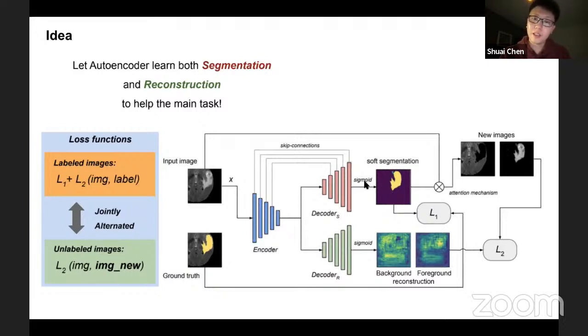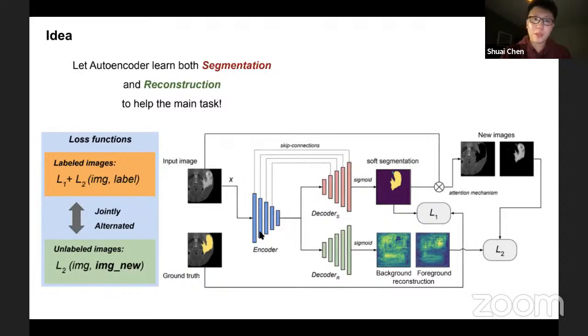For example, the reconstruction task tries to compress the images into a high-level space, and some features may conflict with the segmentation features. If the reconstruction features are very large, they may conflict with the segmentation features in the same encoder and decrease the performance. This is also what we observed in the experiments.